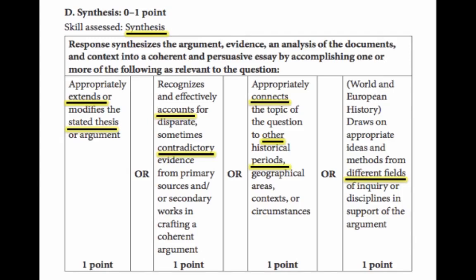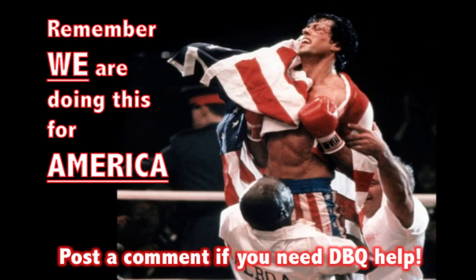So if you do everything right, ladies and gentlemen, you got 7. That's the magic number. And remember, this is a process. We're doing this for America. We're doing this for that college credit. Whatever the reasons you're doing APUSH,